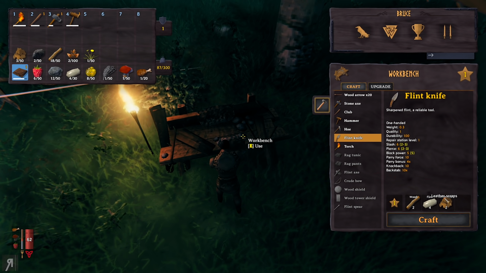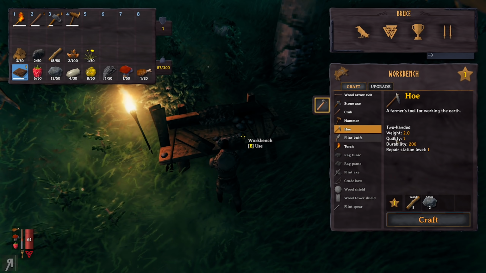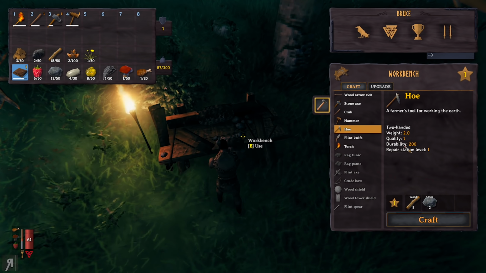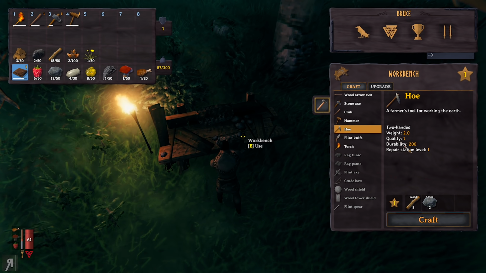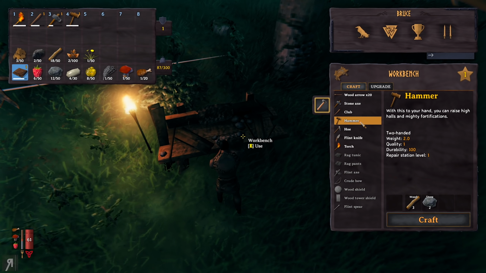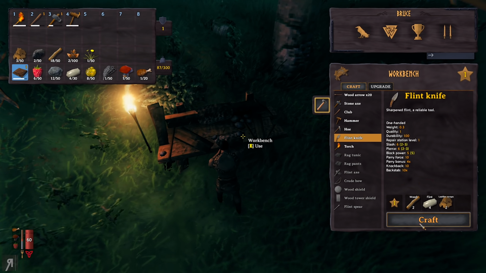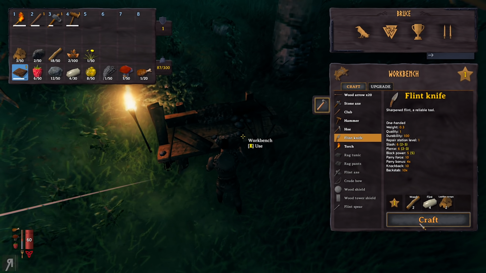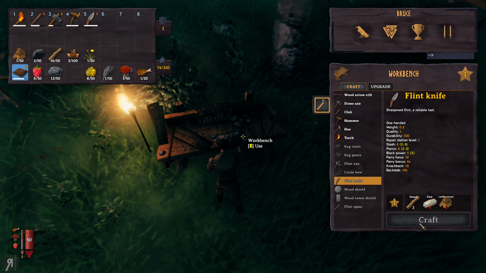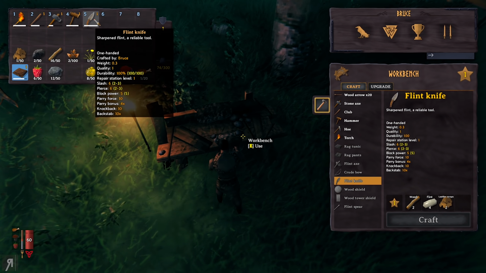Okay, this is sharpened flint, a reliable tool. In other words, it can make fires, I assume. And there's a hoe as well. So, a farmer's tool for working the earth. So, if we want to, we can actually grow crops and stuff like that, I assume. Okay. Well, I don't think I really need to do anything in that regard. I mean, I might make a flint knife. Why not, right? I mean, I might as well. There we go. All right. I don't know what that's really going to do, but...